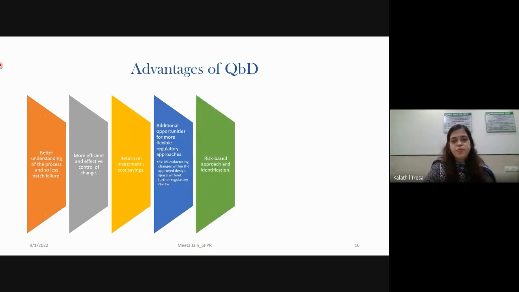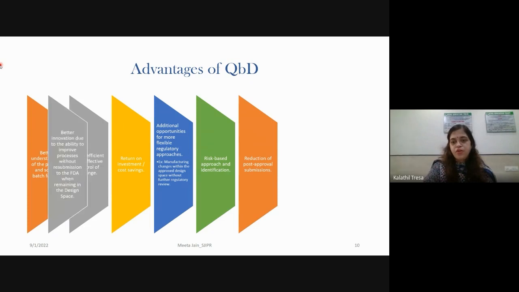Then it is a risk-based approach and identification. So you know what the risks are. From development till the end, you will know what risks are associated with that process, so you will take care of that. Then reduction of post-approval submissions. As I told you, if you move within the design space, then you won't require many submissions.